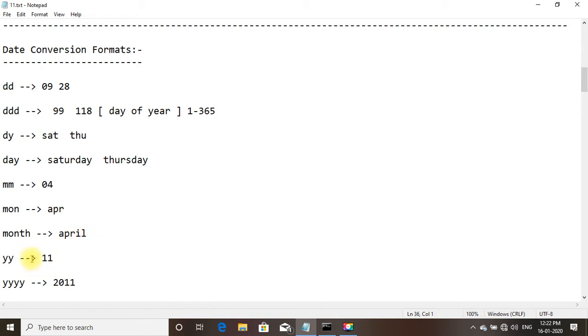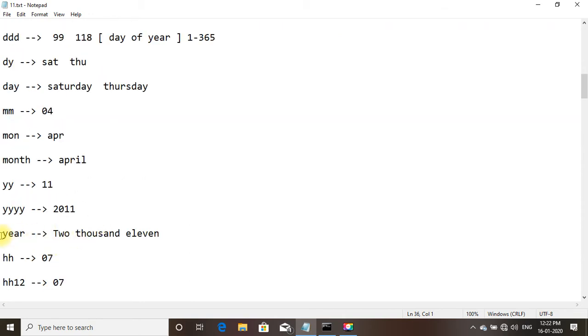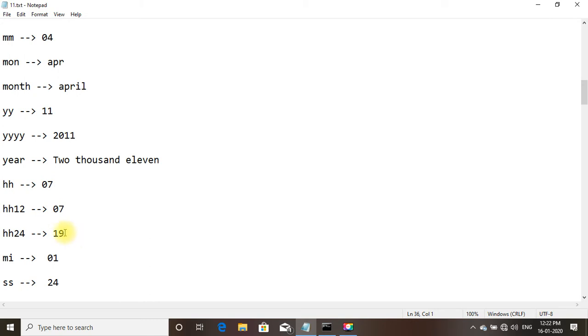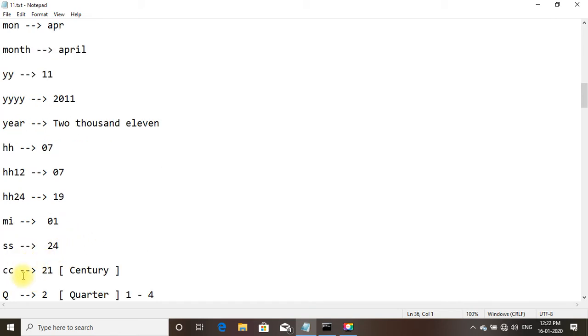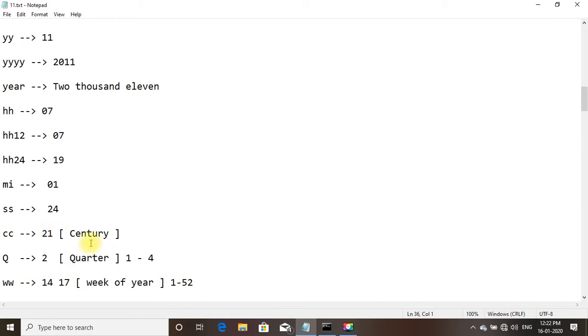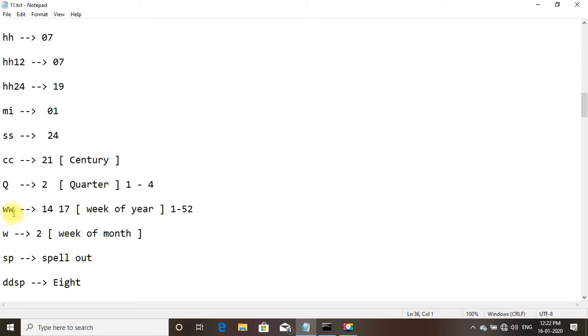YY is only the last 2 digits, YYYY is the full 4-digit year 2011, Y is the last digit. HH is 07, HH12 is in 12-hour format, HH24 is in 24-hour format, minutes MI, seconds SS, CC is the 21st century, Q is quarter 1 to 4.